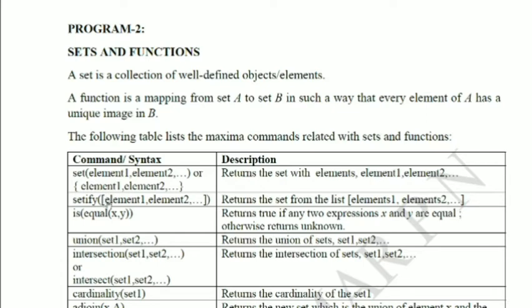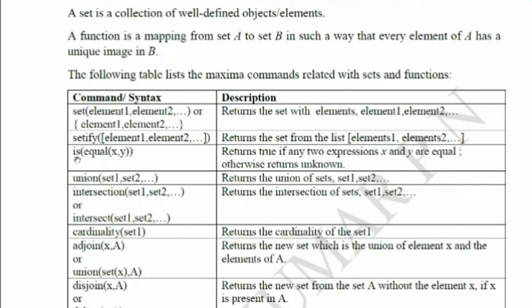So this list will be converted into a set if you use the command setify of the square bracket with element 1, element 2, etc., say A, B, C, D, E. Then you will get a set within flower brackets, {A, B, C, D, E}. So this command is used to convert any list into a set.